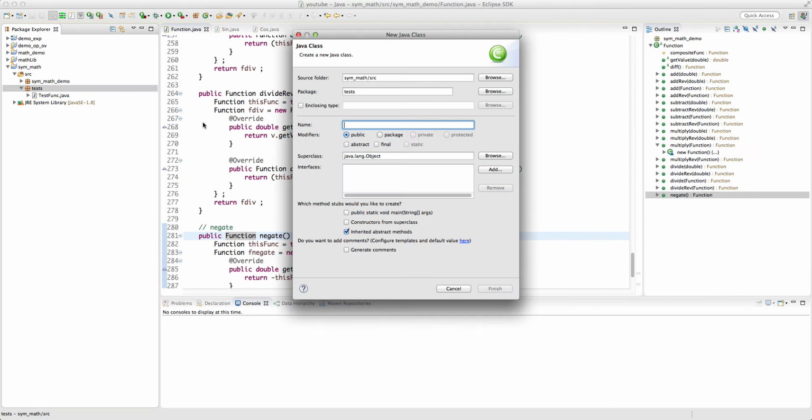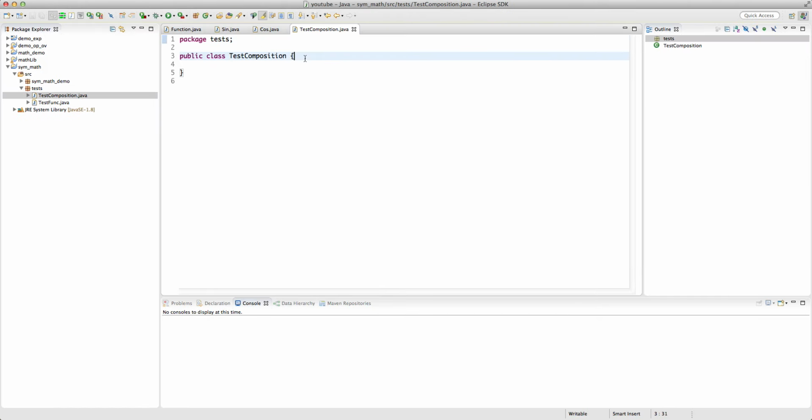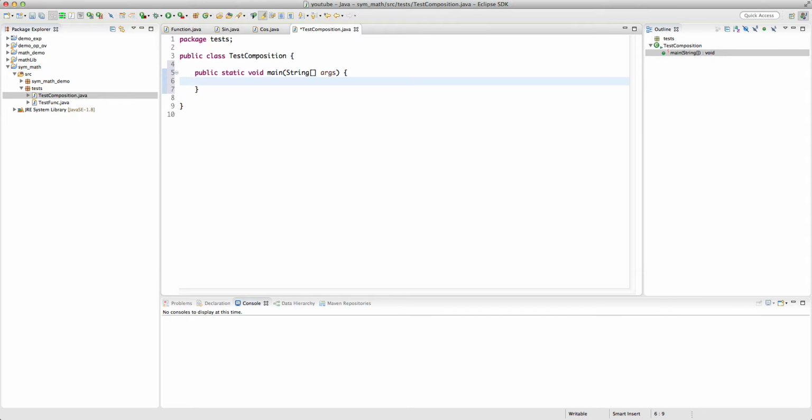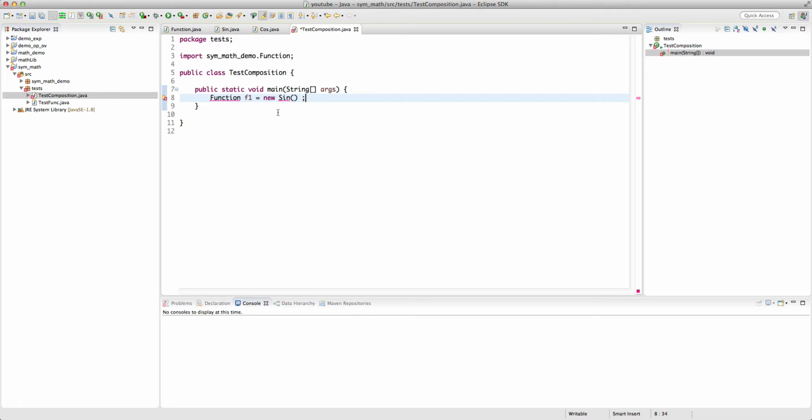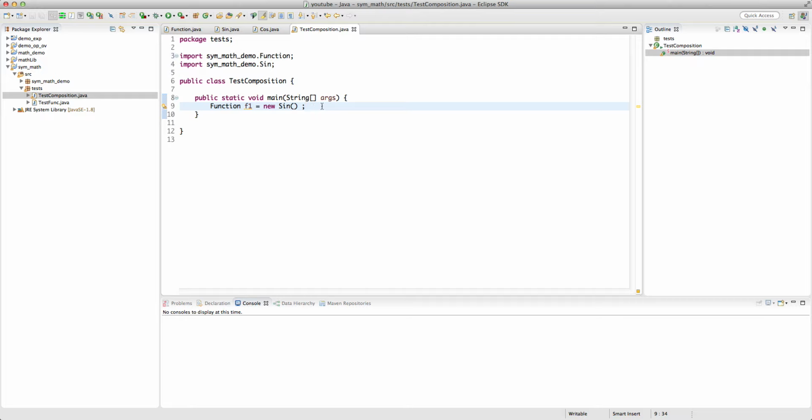Let's create another class, test composition, and let's create a main method. So let's create a function. F sine is maybe f1. F1 is a new sine object. Okay, we need to import these. Okay, next is function f2 is